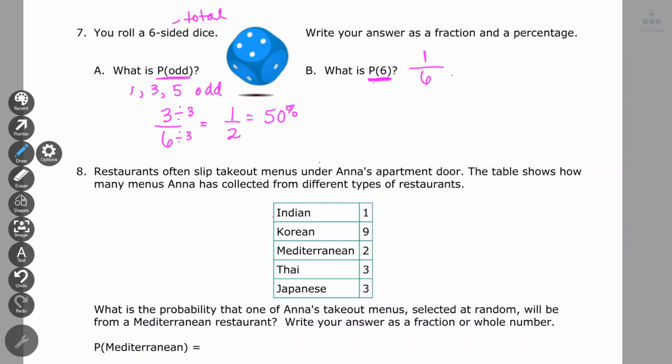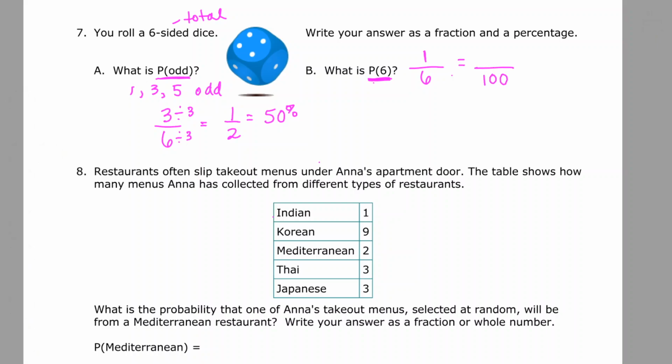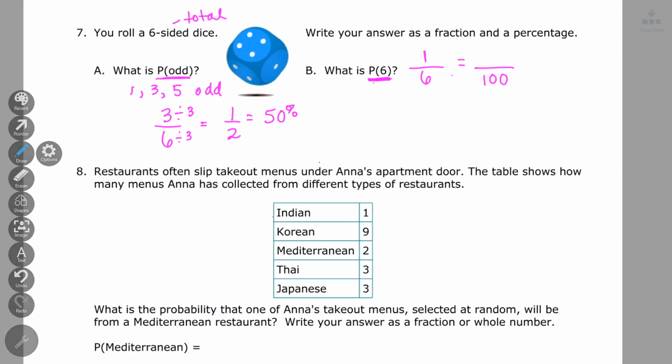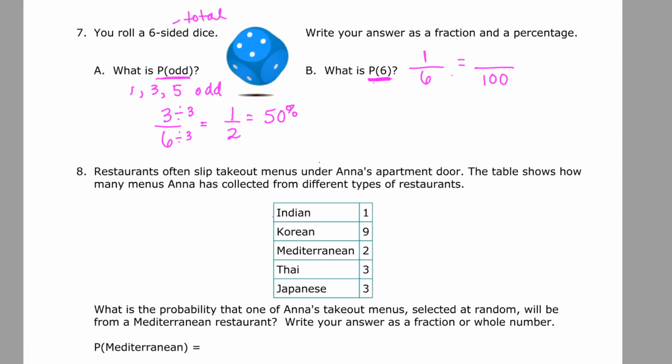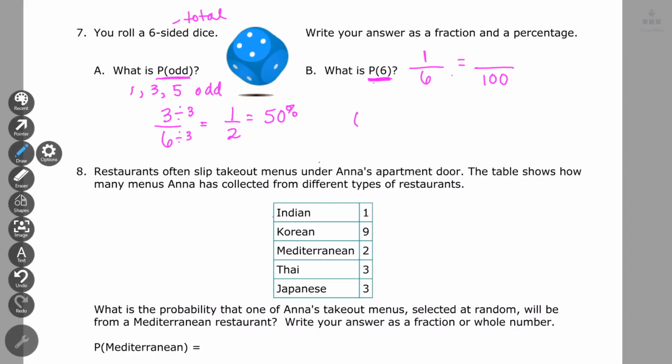Now remember, to get a percent, you can say out of 100%, but 6 doesn't go into 100 equally. So what we'll have to do then is use division. And again, this is something we've learned already. You would put a 6 on the outside, right? The 6 goes on the outside, and then you would put a 1.00 on the inside. All right, so bring your decimal up to the rooftop. 6 goes into 1, 0 times. 6 goes into 10, 1 time. 1 times 6 is 6. Subtract, and you get a 4. Bring down